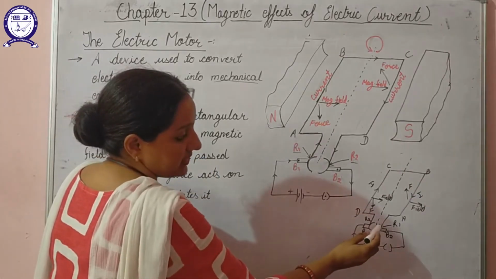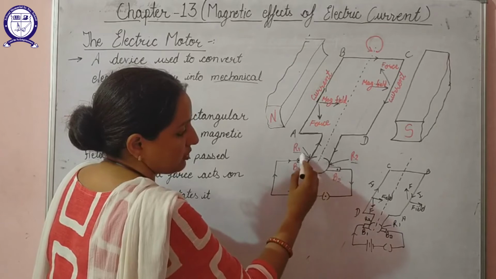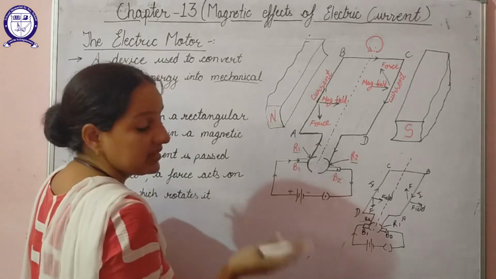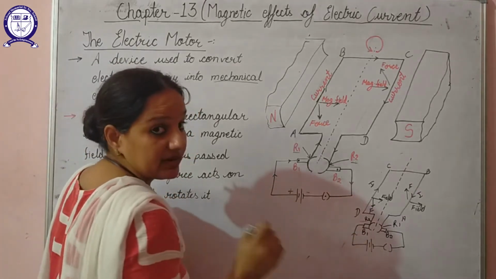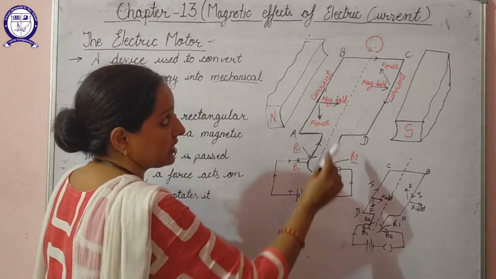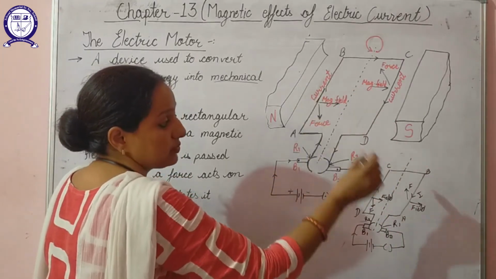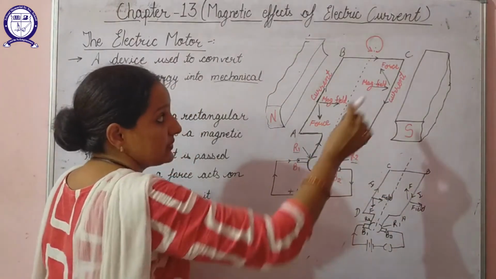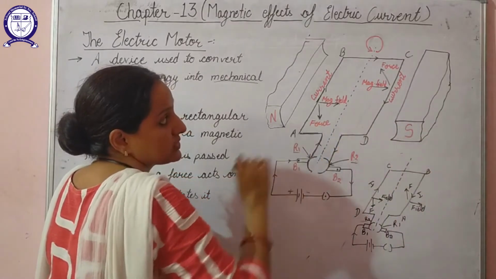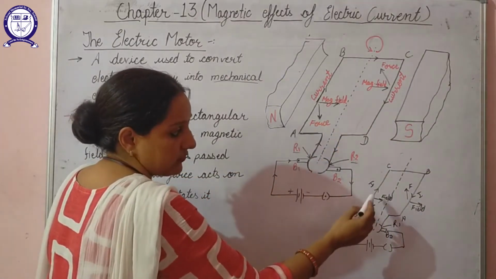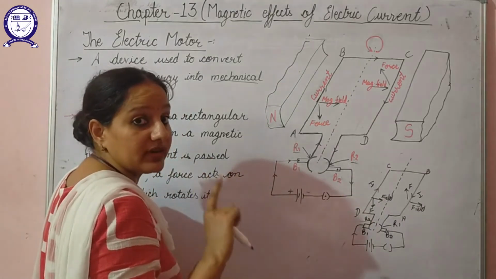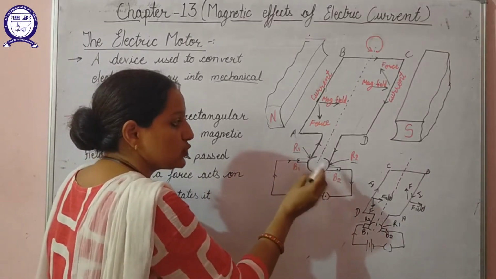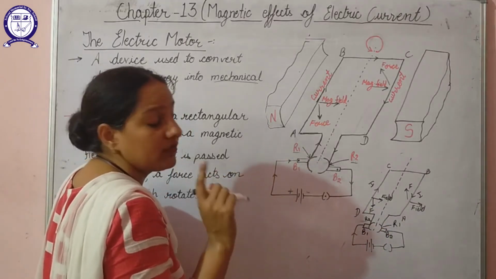Now as the rings are fixed to these coils, the rings will also exchange their positions. This ring will be at the right hand side and ring R2 will be at the left hand side, but the carbon brushes are fixed. Now if we determine the direction of current, earlier the direction of current in AB was upwards, but after half rotation the direction of current here is downwards. In a similar way, the direction of current in the portion CD was downwards, but after half rotation it is upward. That means after every half rotation the direction of current gets reversed. It is because of these two rings of copper, that is, because of the commutator.